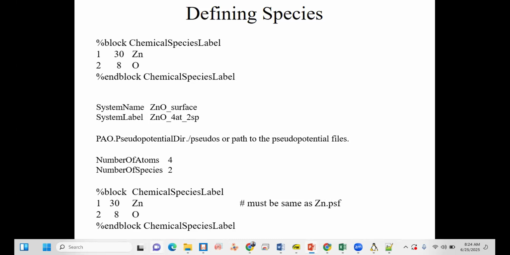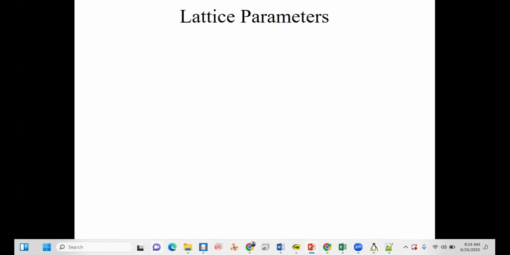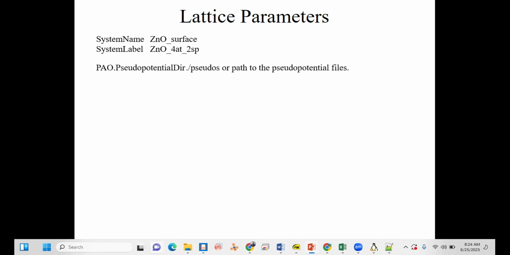The next is the lattice parameter. We call it geometry setup, where we define the lattice parameter. I will repeat the same thing several times. First is the zinc oxide surface, then the label, the system label of zinc oxide, with 4 atoms and 2 species. Sometimes we need this line, but mostly not.